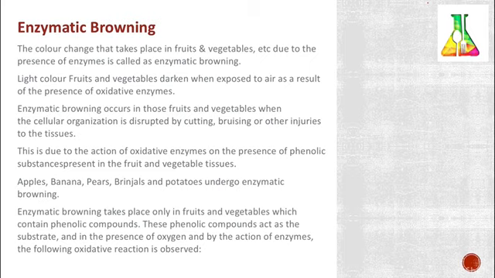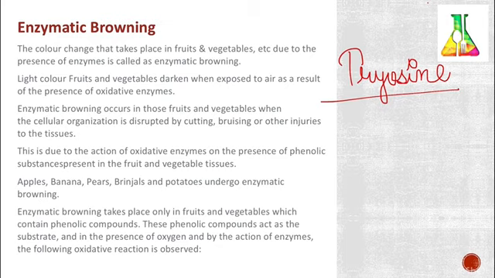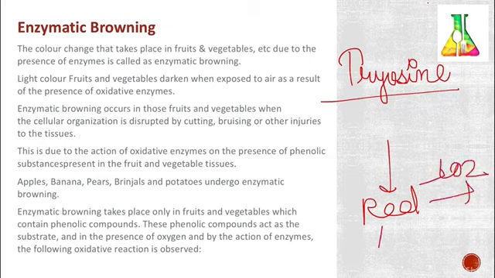Just like phenolase, there is also an enzyme tyrosinase. Let us learn the browning mechanism in tyrosine. Tyrosine is also a major phenolic substrate. Tyrosine oxidizes to form 3,4-dihydroxyphenylalanine. Then it also oxidizes to form 5,6-dihydroxyindole carboxylic acid. Then it turns to a red pigment, and after removing CO2 from it, it turns to melanin. Melanin is that brown pigment. Moving to the next.